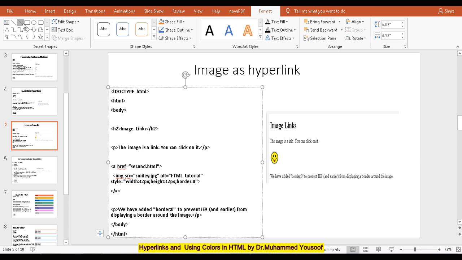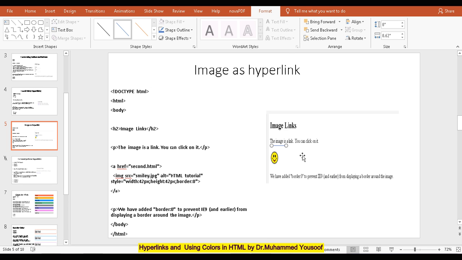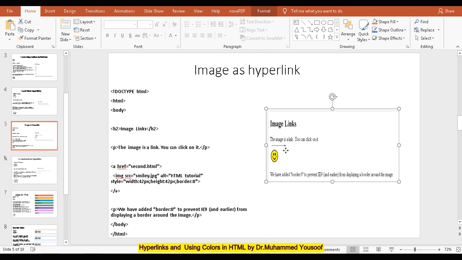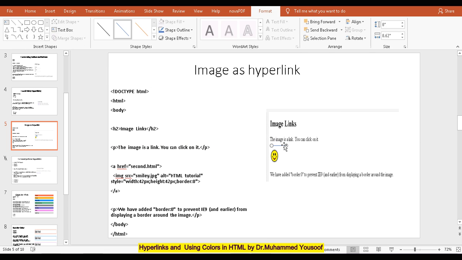The width is nothing but, this is called width. Like here, what is this one? This is called width, and width is 42 pixels, and I can also specify the height. See here, I can also specify the height. The height is actually this one, which you can see here. Like now I have the height.